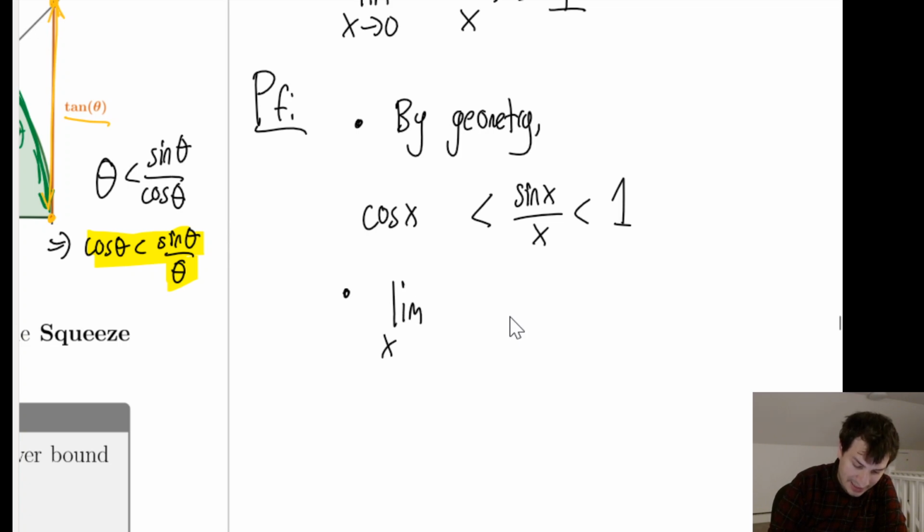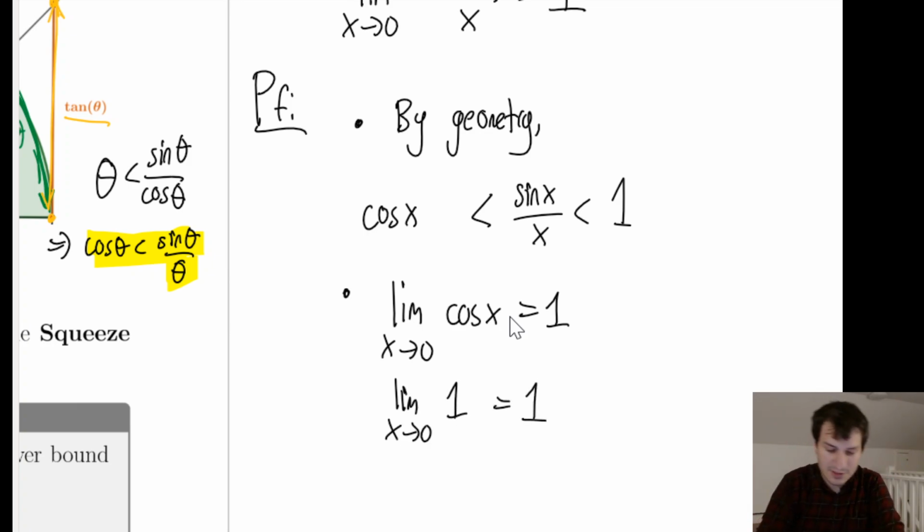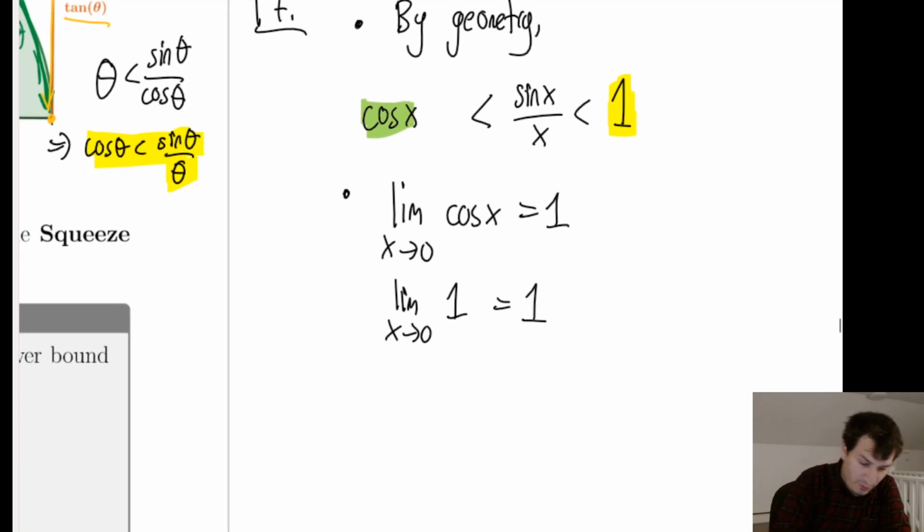Also, the limit as x goes to 0 of cosine of x was equal to 1, and the limit as x goes to 0 of 1 equals 1. So the limit of these two functions, the one over here and the one over here, they both happen to be 1. Therefore, by the squeeze theorem,